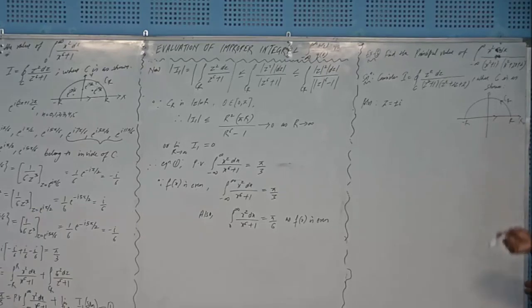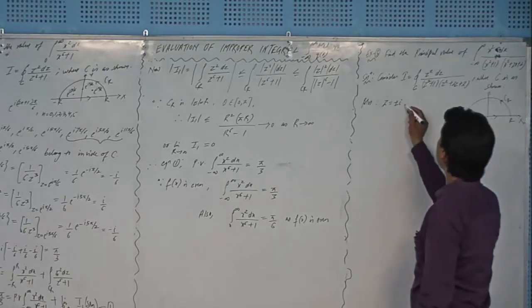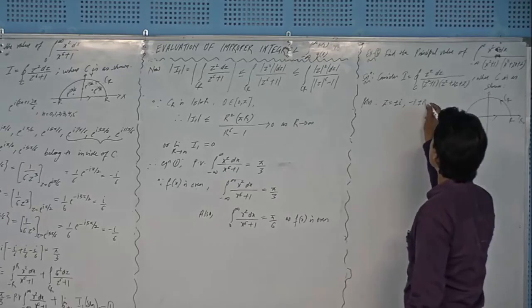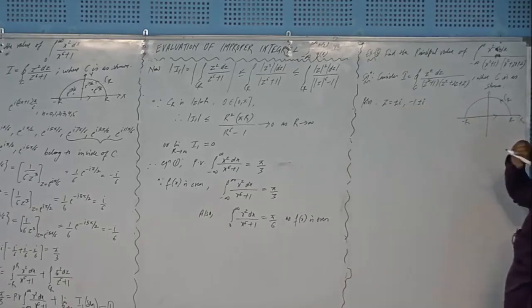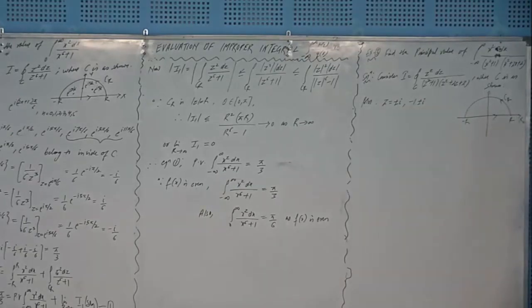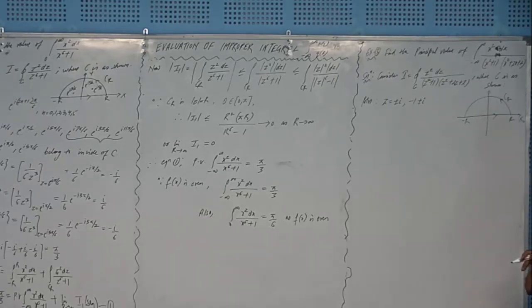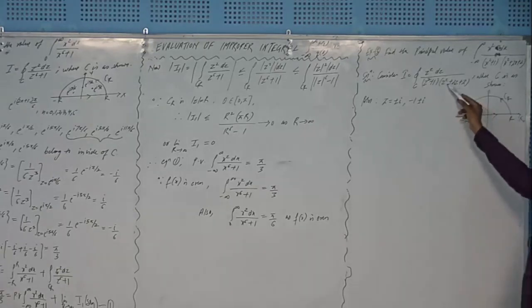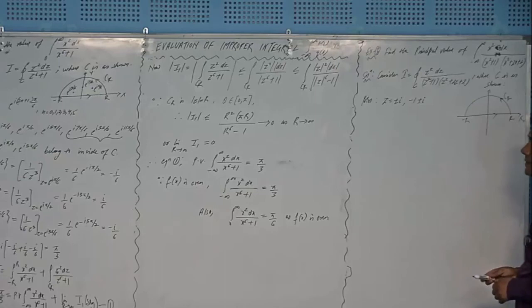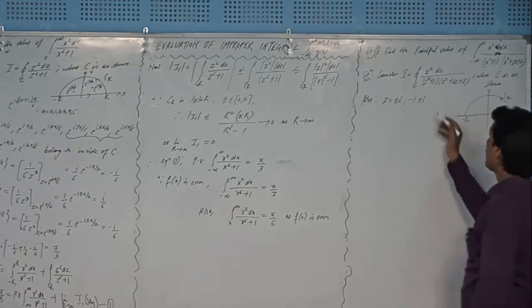So I get minus 1 plus minus iota. Yes. Okay, and all of them are simple poles,